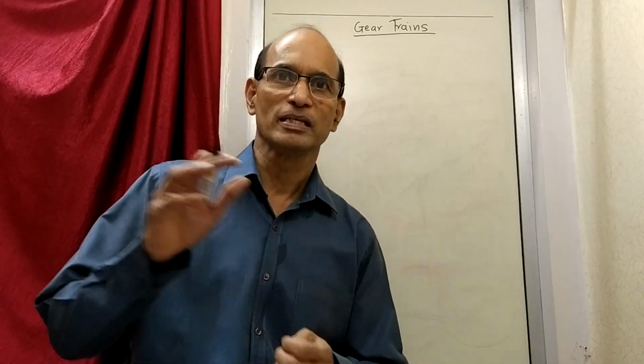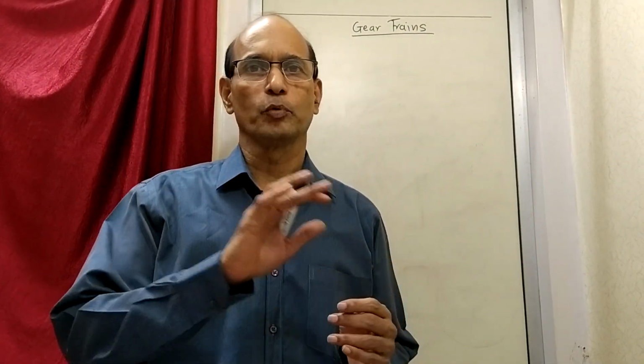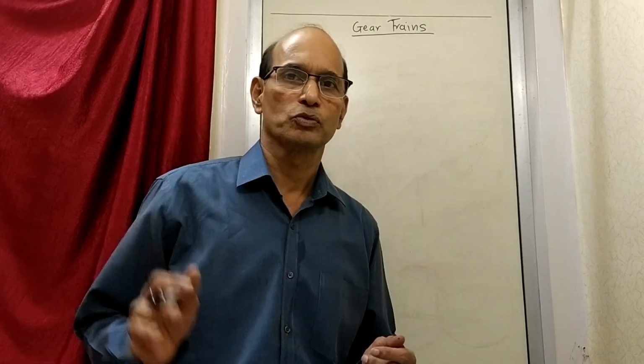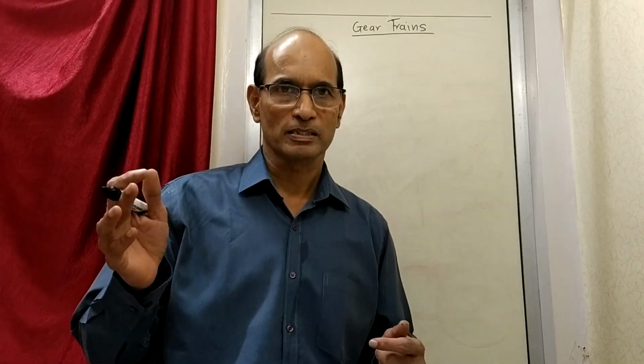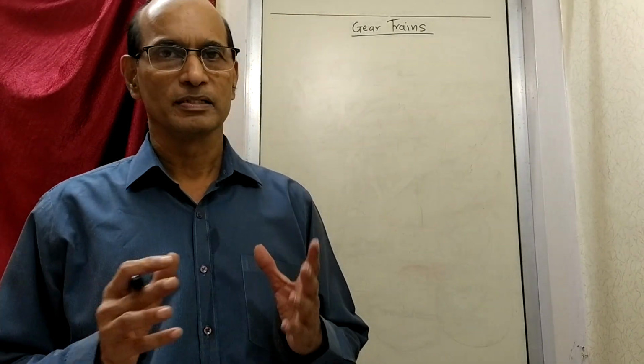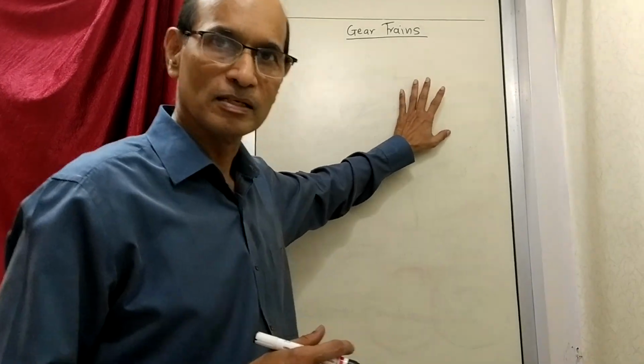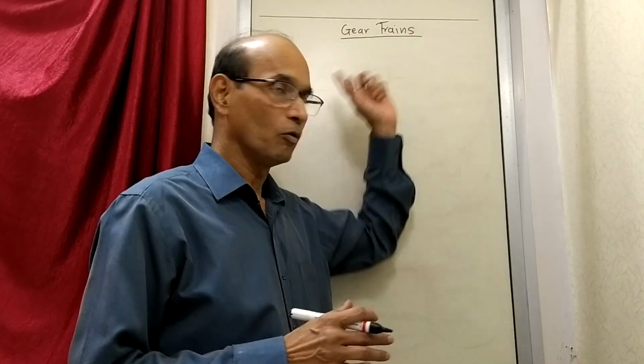We see that gears, when they start functioning, they are to be arranged in a particular manner. So once they are arranged in a particular manner, then only they are in a position to transmit power from one place to another. Now how that takes place, what is the speed involved there, what is the formula involved there, etc. All these things we will come to know as we learn this particular concept of gear trains. So let's first write down the definition of what is a gear train.